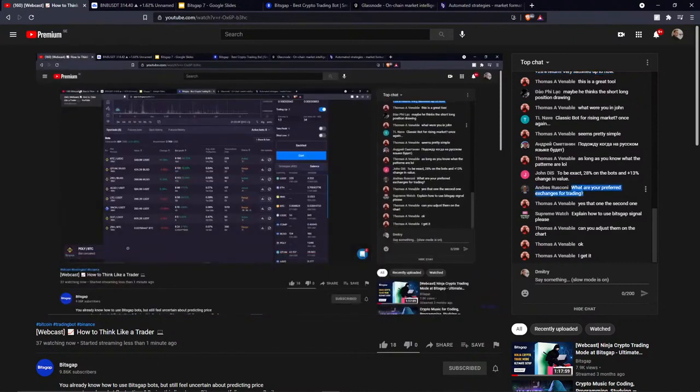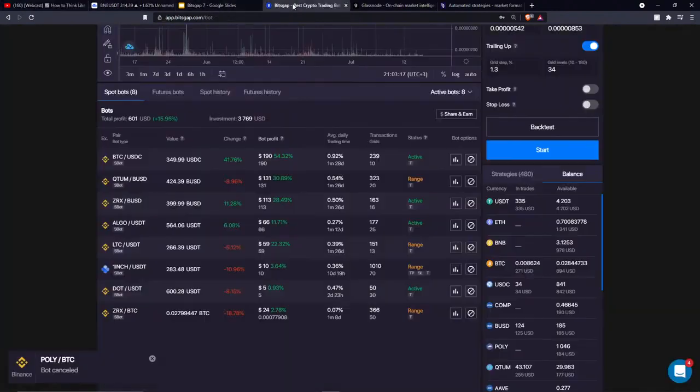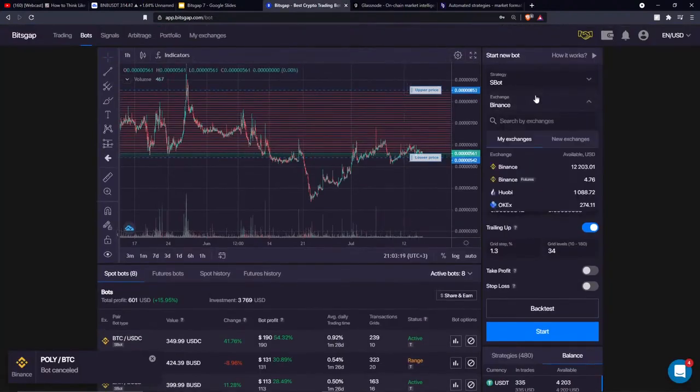So what are your preferred exchanges for trading? Honestly, I prefer Binance because I have everything mostly there. But I also prefer Huobi and OKEx because they have some coins that are not listed on Binance. That's the thing. And another thing is that on Huobi and OKEx, you have lower